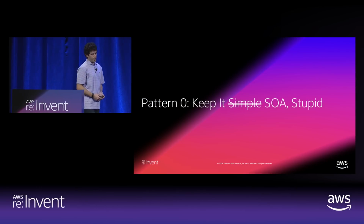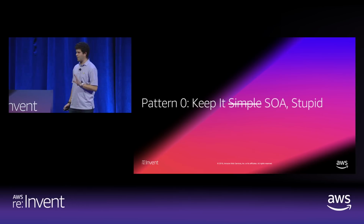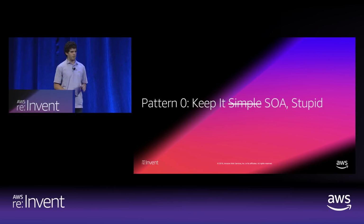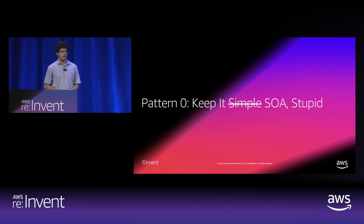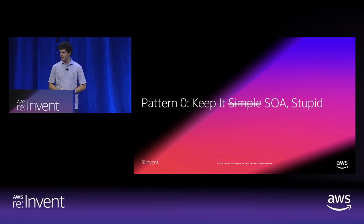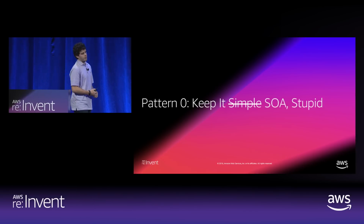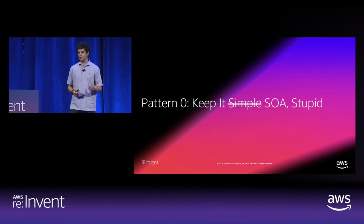And aside from those two patterns, I want to highlight one more pattern. I'm going to call it pattern 0. And many people probably have heard of the design principle of KISS. I'm going to replace simple with SOA, or service-oriented architectures, because they've been a foundational pattern for software architectures for years now, and Lambda plays really well within those